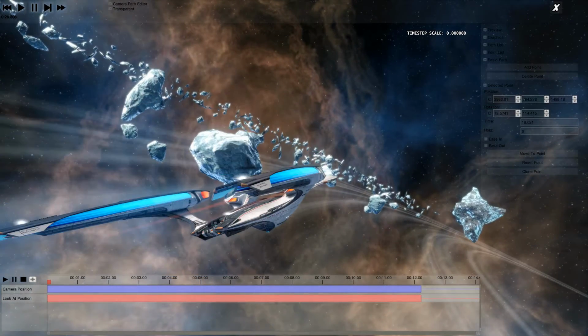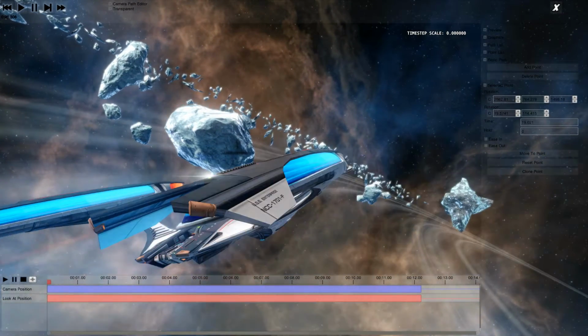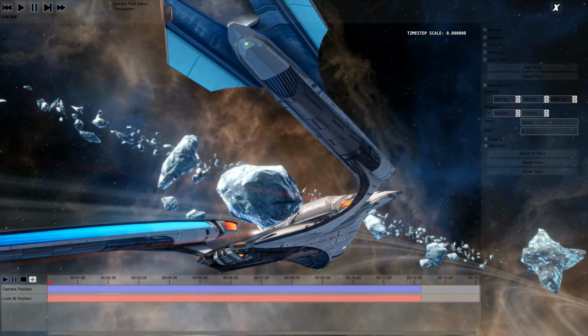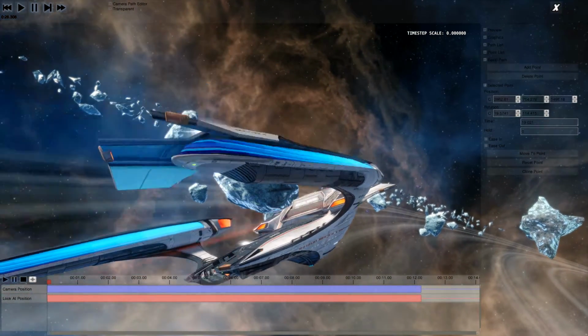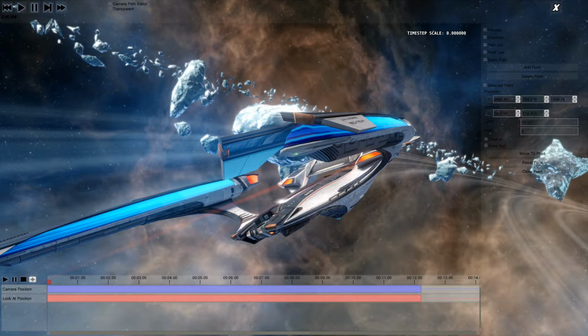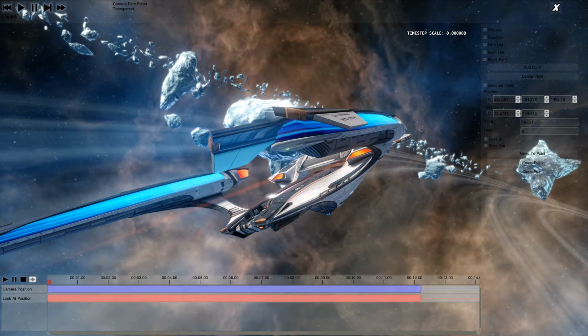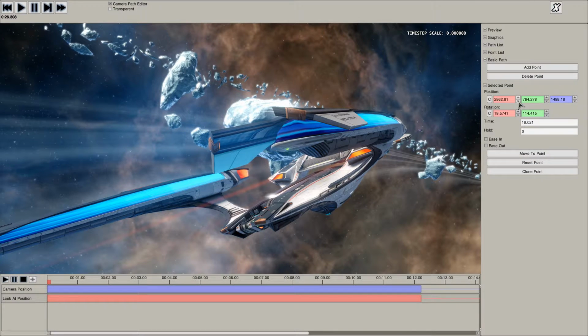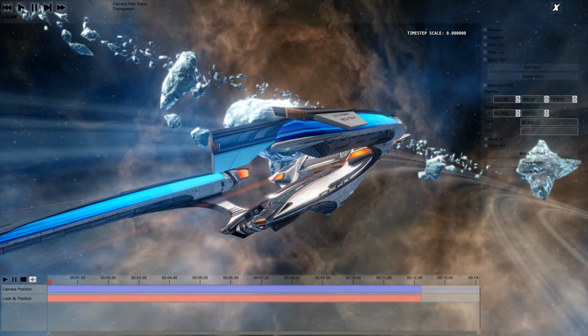Now if you were in a much faster ship or doing turns and that sort of stuff, over a period that we've done now, 14, 15 seconds, you do more than 2 camera points. The faster you go, the more points you have to do. So let's put that in there, 26,308. Tab that. Now we know the ship starts firing at about 29 seconds, so we're going to go there,